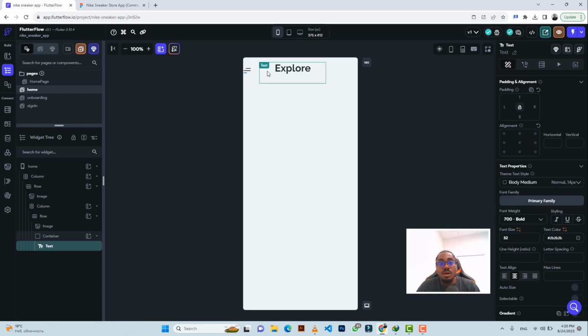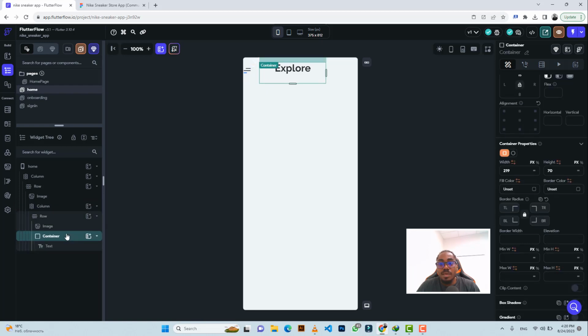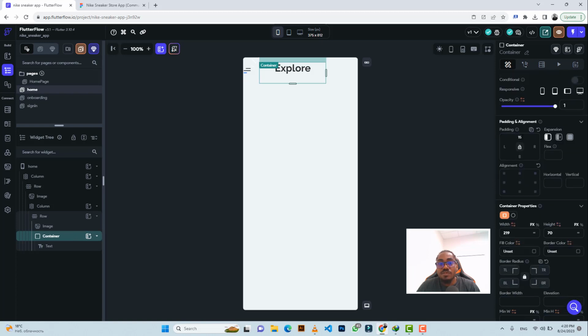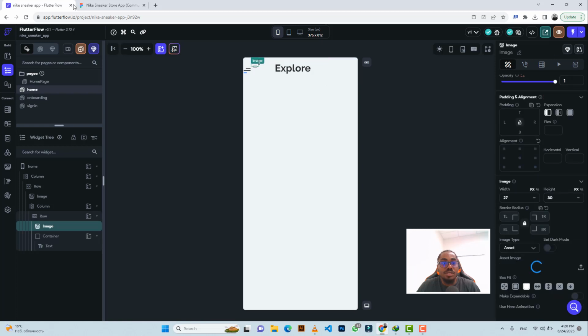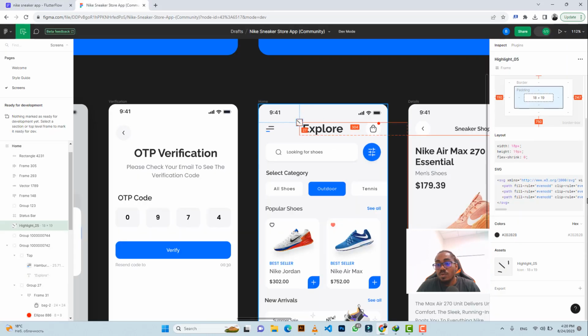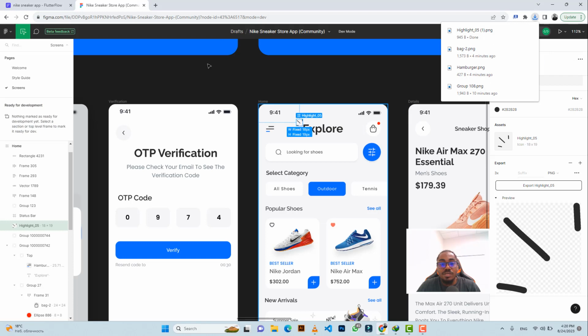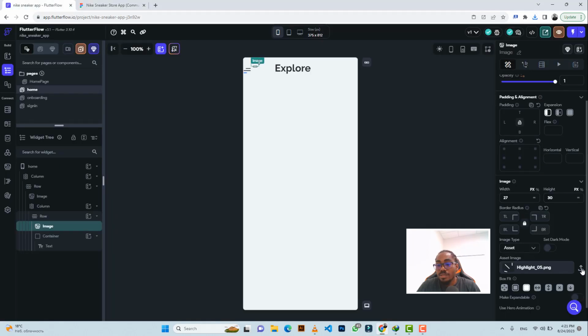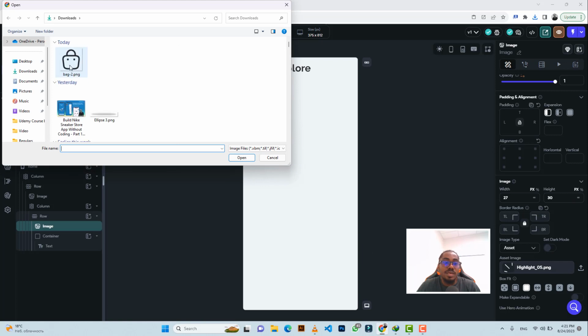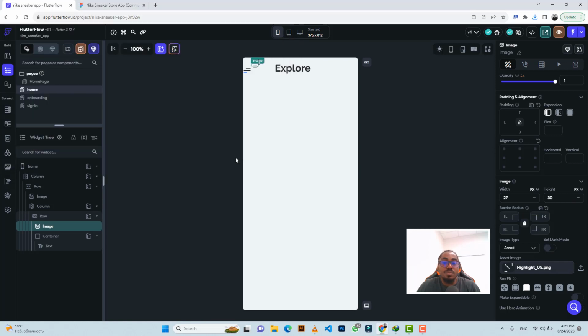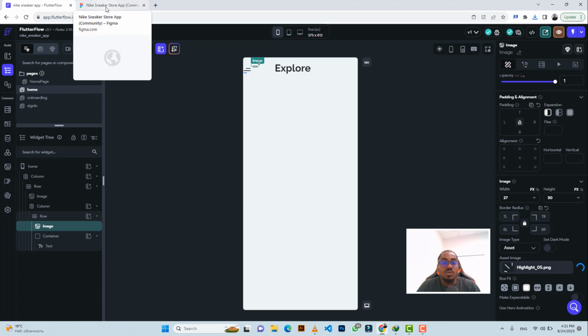There you go. The next thing that I need to quickly do is this is the container, right? Container has a padding on the top, 15. Okay, and then we have an image here. So let's go ahead and download this particular one. So I click on there and click on export. Click on this to say export 3x, and then I'll export it. Okay, so the dimension is roughly the same thing, 18 by 18. So now I'll go ahead and click here to import the thing I just downloaded. So I'll click in here to import it, and the next thing I'm going to do is